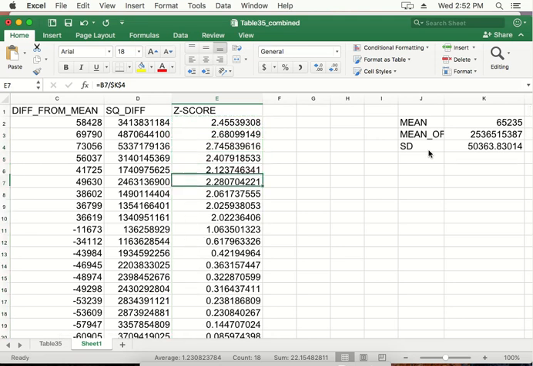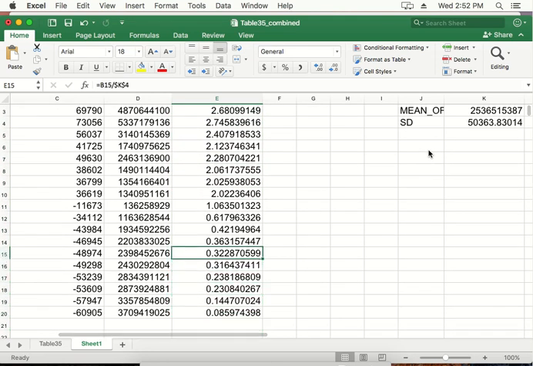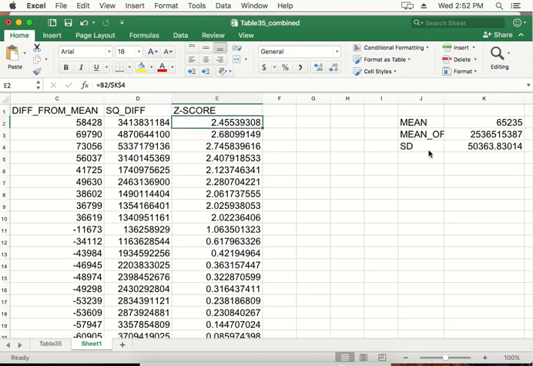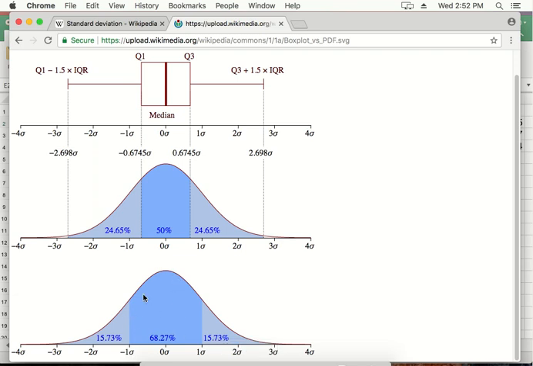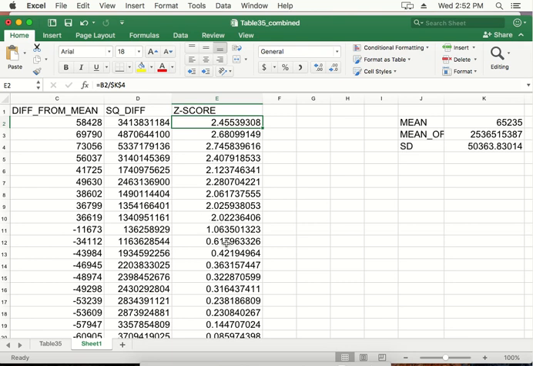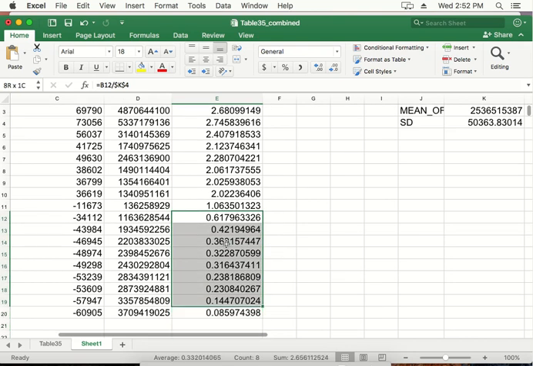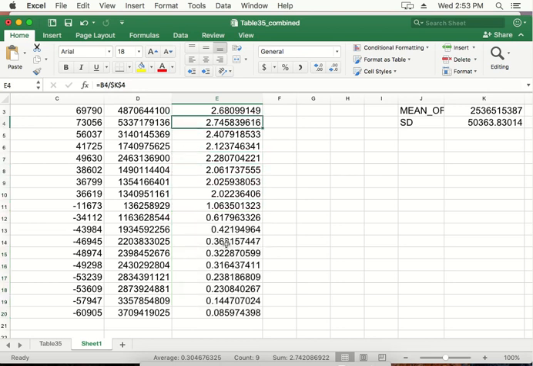Okay. So now what we see is where the bifurcation of our data set becomes really apparent, because if it was a normally distributed data set, what we should have is roughly 68.25% of our data points appearing within one standard deviation of the mean. In this case, we have something very unusual, which is that we do have a bunch of them that appear within one standard deviation, but they're very, very close to the mean, way less than a standard deviation. Then we have a lot of stuff that is